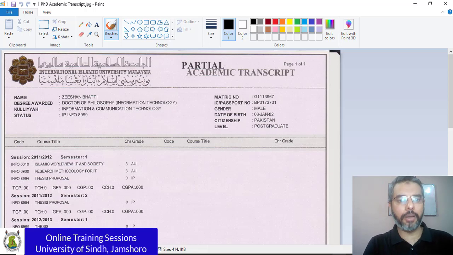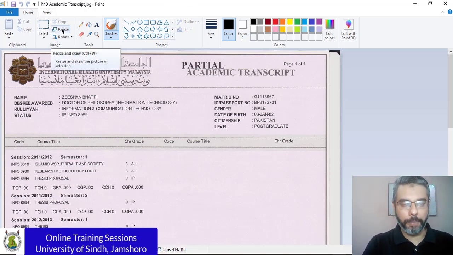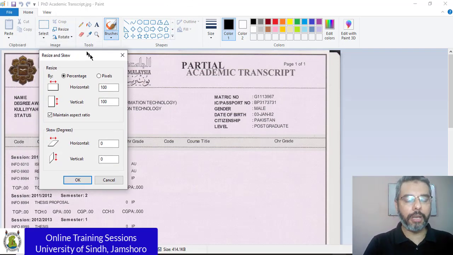Now this is a software that is available in every Windows system by default, so you don't have to worry about that. Now this is a quick trick to reduce the file size. So once you open MS Paint, go into the resize button. Resize is basically a feature available within MS Paint that allows us to resize an image. For example, my image size is 400 by 414.